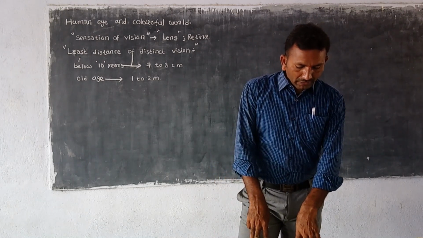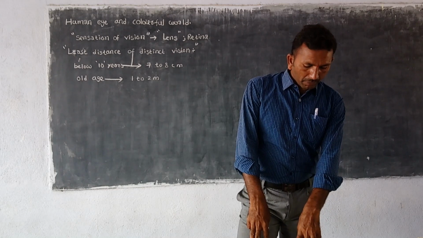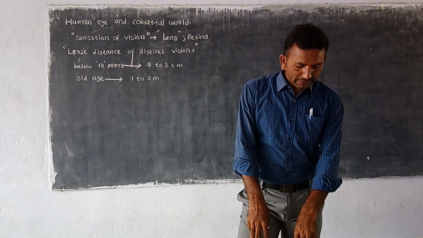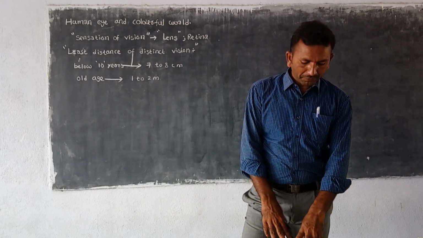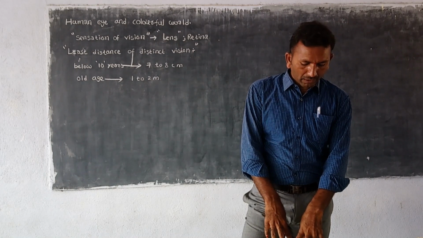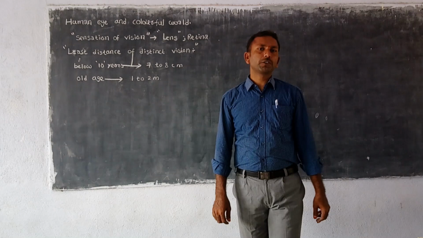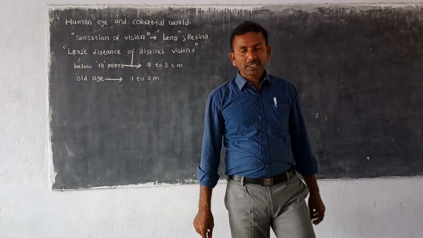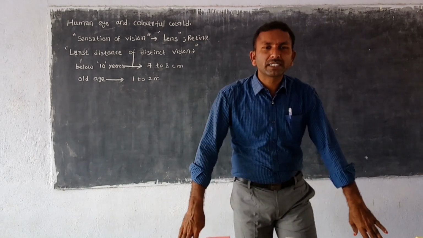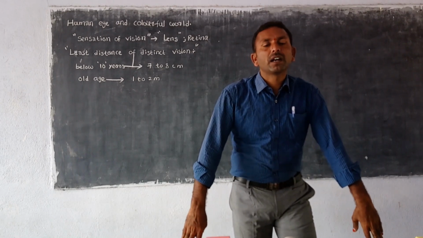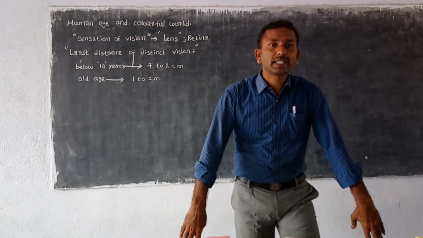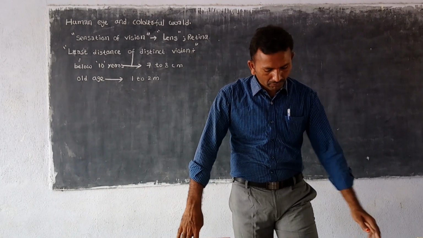Are you able to see the top and bottom of an object placed at a distance of about 25 cm from your eye, irrespective of its shape? Let us find out. If any object is given to you, is it possible to see the object completely irrespective of its shape? So let us find out.